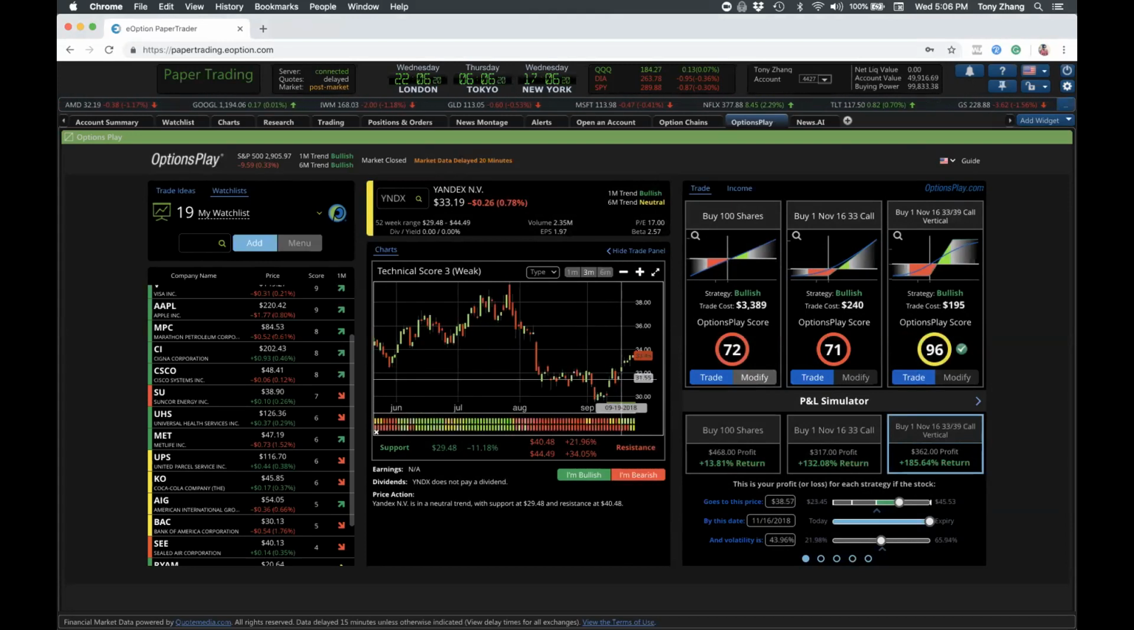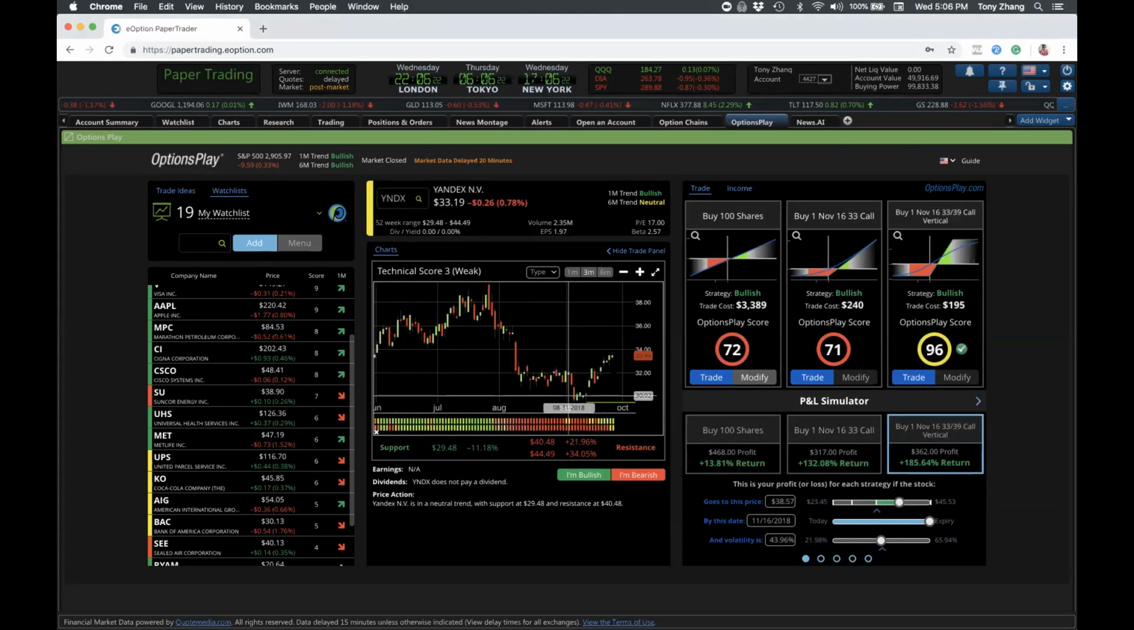As you can see, that trend quality is starting to turn from red to green. So let's say I was bullish on the stock: buying 100 shares of that stock, again, is $3,300, buying a call option is $240, so about 6 to 7% of the underlying, and buying a call vertical is $195, probably about 5% of the underlying. So these are the types of trades that allow you to take that directional view, so that if Yandex goes back up to $36, $37, which is where it just was,